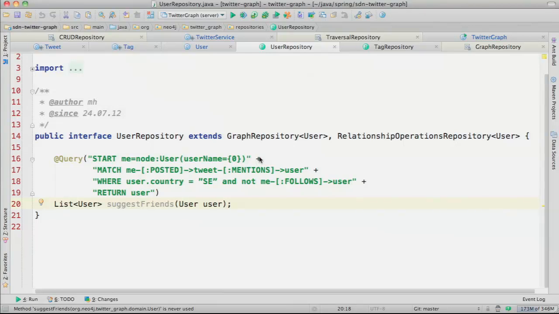Is it possible to use in where a property of a connection? Yeah, of course. So in Cypher, if I have, like here, a connection, a relationship, I can assign it to a variable, for instance, posted. And then I can say posted time is greater than, and then for instance I could also pass in a parameter for the time.